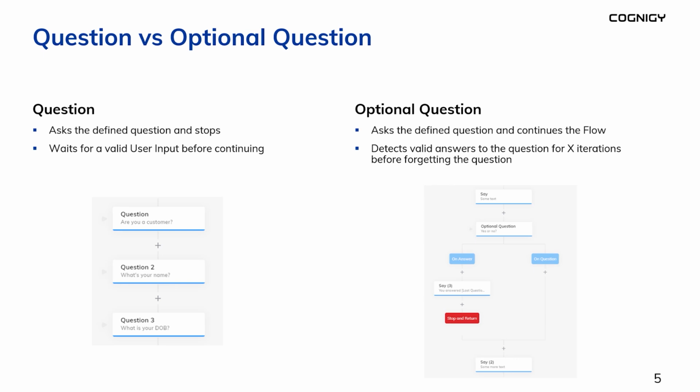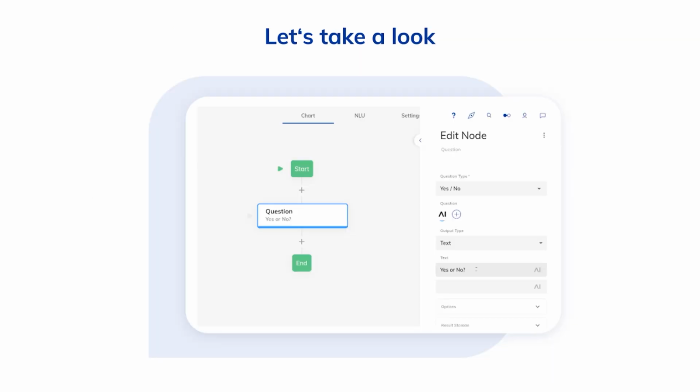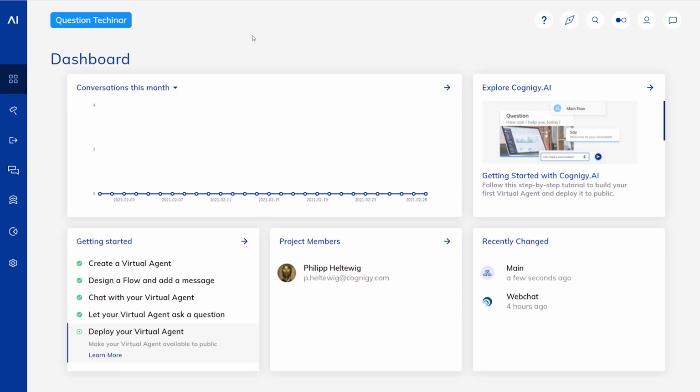The system will remember that this question exists at this point in time, and when you give a correct answer, we'll execute the onAnswer path that is coming out of the question, regardless of where you are in your path right now. So it is essentially being kept in the memory of the node for x iterations, and you can define that x in the node itself. And then it will go down on the onAnswer path, or it will forget the question if you're not answering the question quick enough. What we're focusing on here today are the regular question nodes, the one we're seeing on the left side.